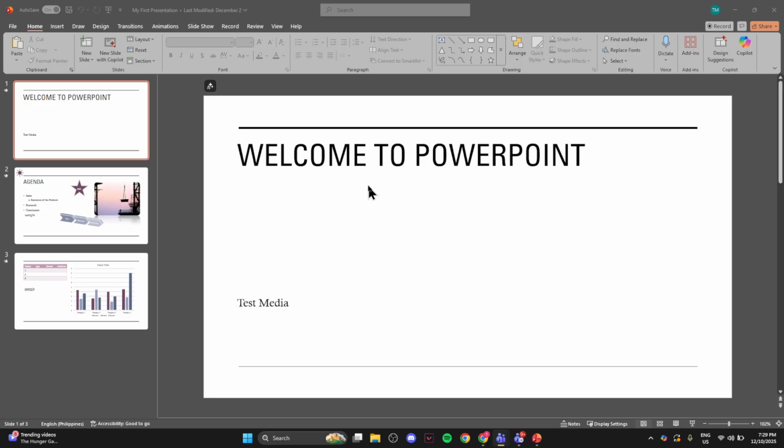After selecting your PowerPoint file, you have the option to use Presenter Mode if you decide to share your screen. This mode allows you to see your notes and upcoming slides while your audience only sees the current slide. It's a very handy feature that can help you maintain the flow of your presentation without showing all your notes